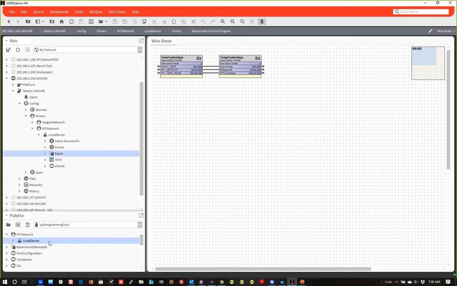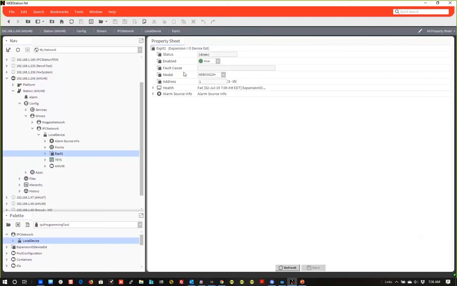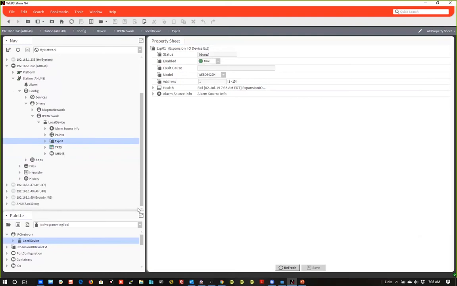Expansion modules, when you drop them from the palette, you just drop them on the local device itself. And you can see here there's Expansion 1 that I have in place. Don't have one yet, so it's down. Then you choose what the model is and what the address is. Simple as that. Is that a physical address? Yeah, 1 of 15. You have to set it. And then you could add your